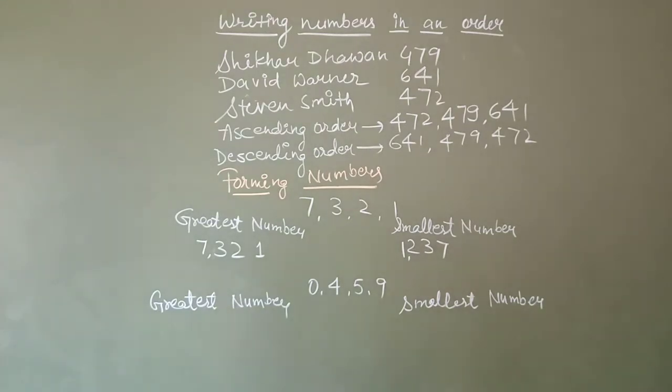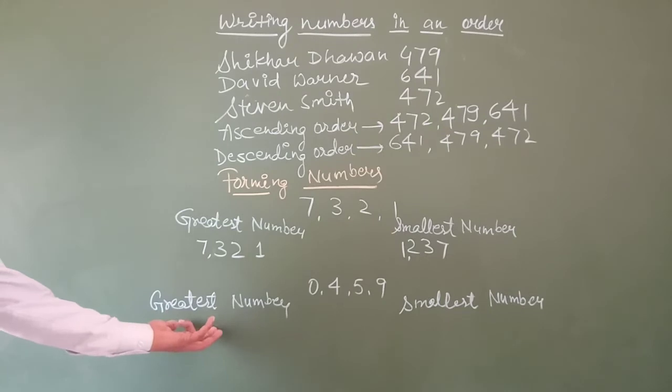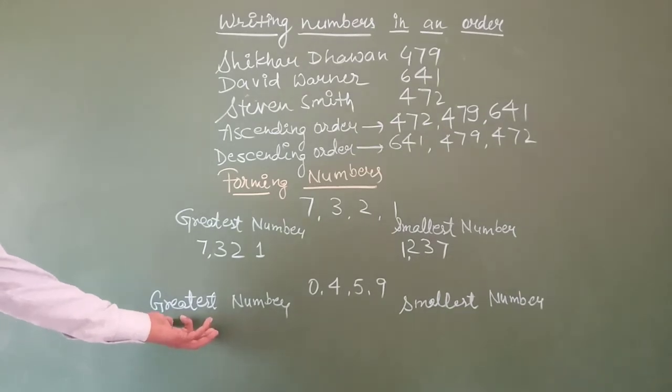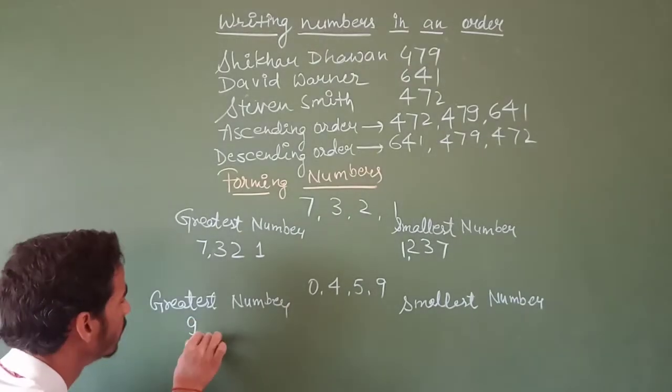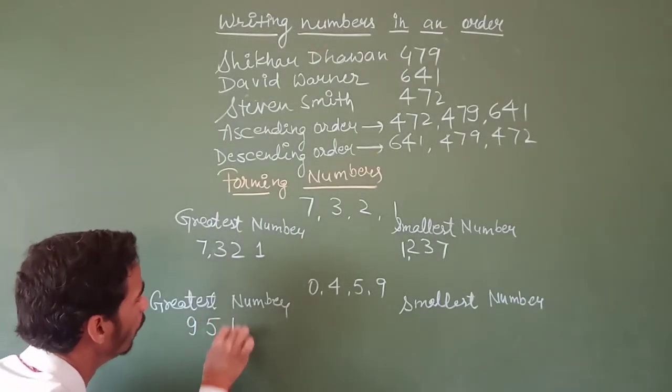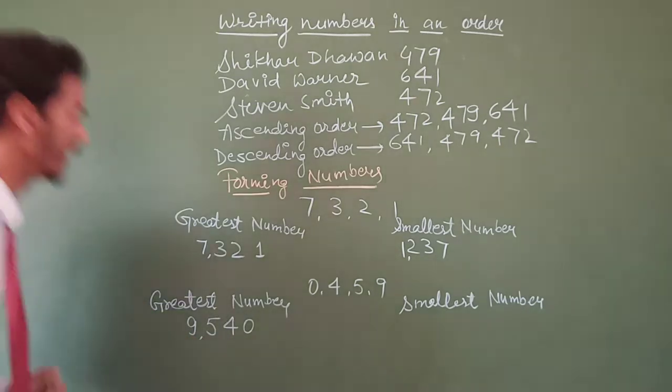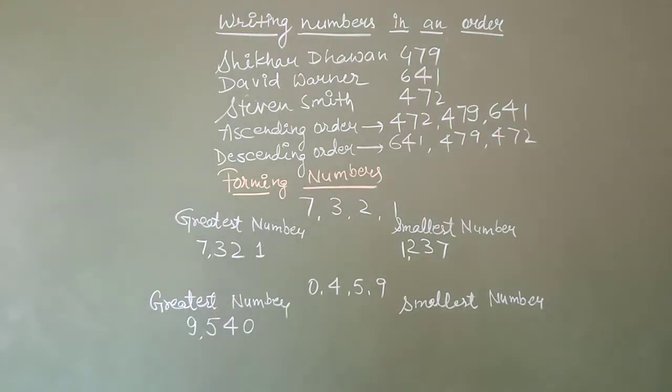Firstly, if you build the greatest number, you have to write the digits in descending order, that is 9, 5, 4, 0, that is 9540. And if you want to make the smallest number, then you have to arrange these digits in ascending